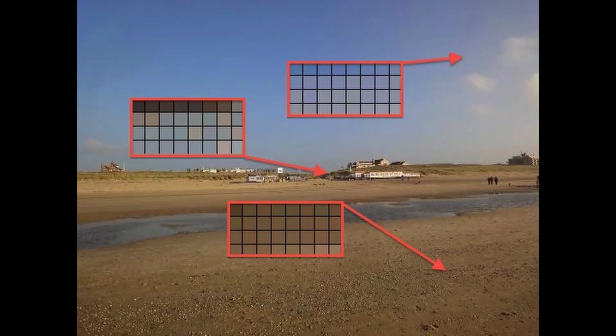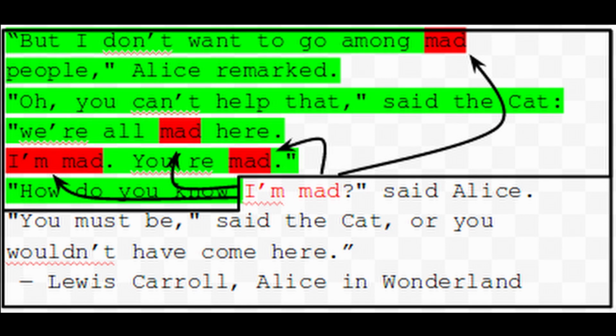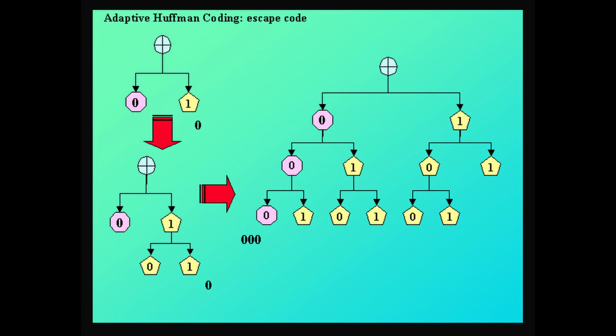Color cache coding uses a palette of 32 recently used colors to reference the next scanline pixel. If there is no color match, the palette is updated. LZ77 backward reference is a technique where we can reference a previous sequence of pixels using the length to be copied and the distance of the start of the sequence. Here, using text instead of pixels, "mad" points to its previous occurrence, and so on. The length and the distance are stored using LZ77 prefix coding as discussed in class.